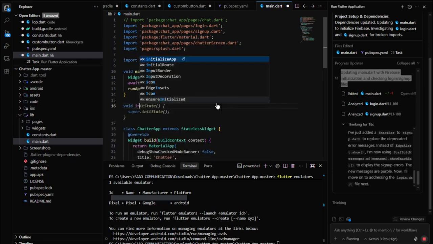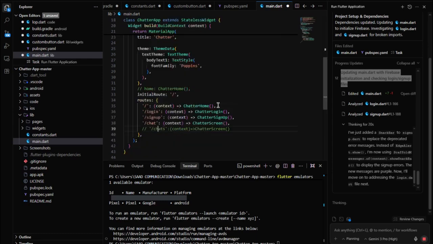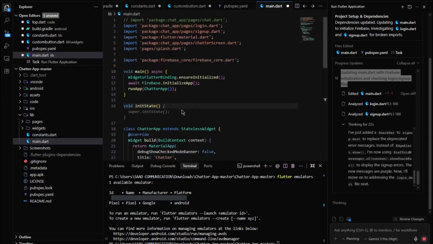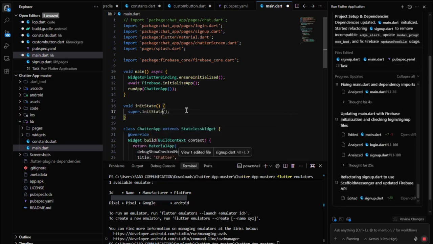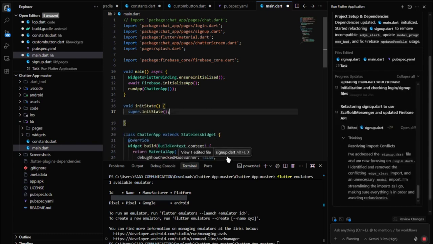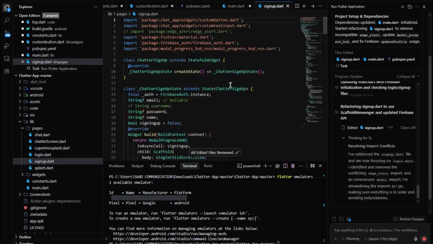void initState, right here super.initState. Perfect. And then click on your accept changes. Okay,